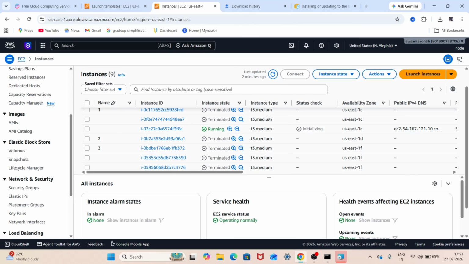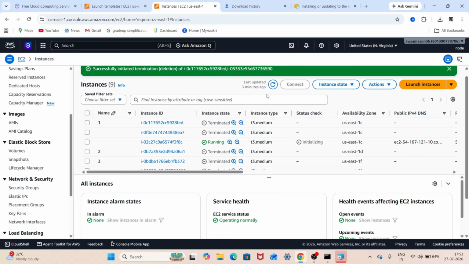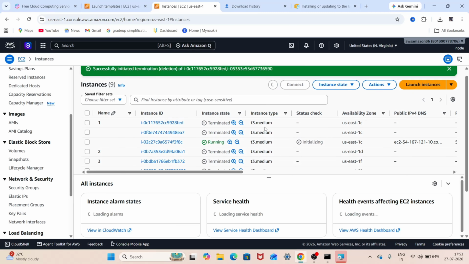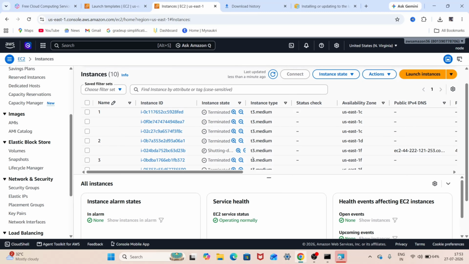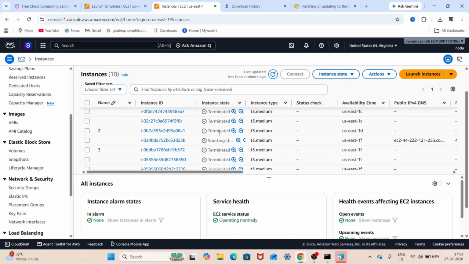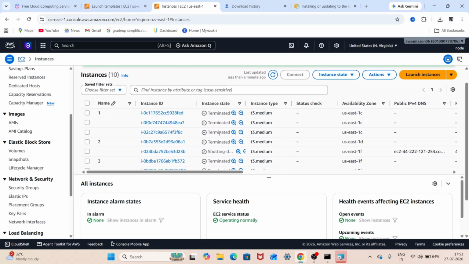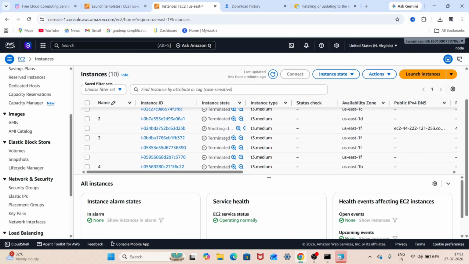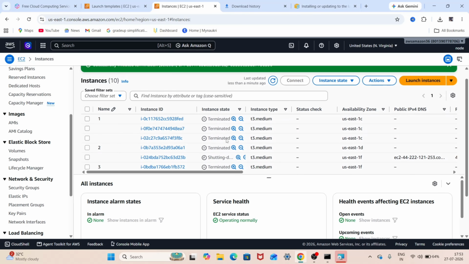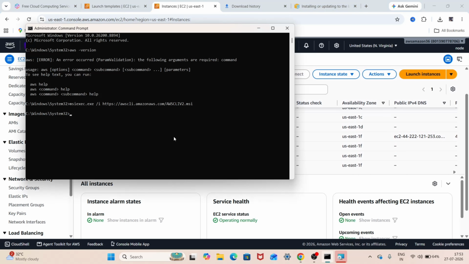Go back to instances. See, one instance is running and another instance will be created, and we have deleted the auto scaling group. See, this is shutting down, and another instance is still not created. But if we had not deleted the auto scaling group, one more instance would be created here. Okay, now come back to this,